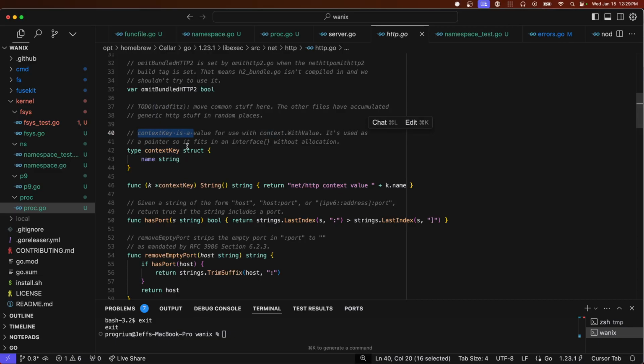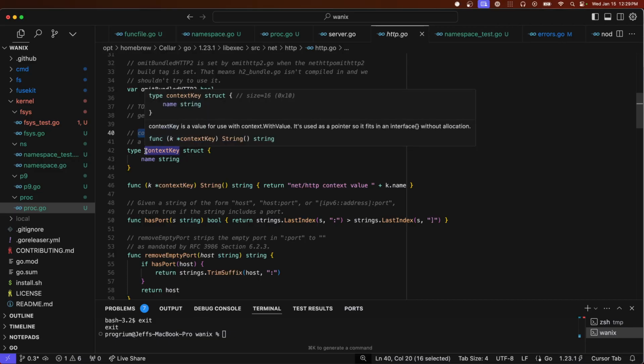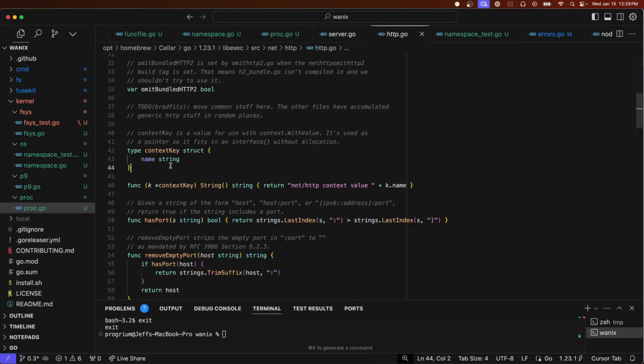It's used as a pointer, so it fits the interface. So anyway, this is kind of a fancy